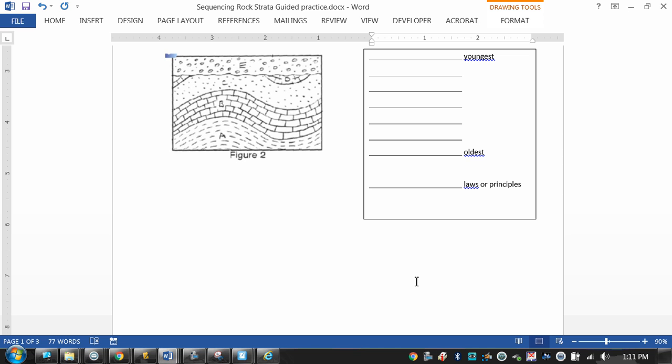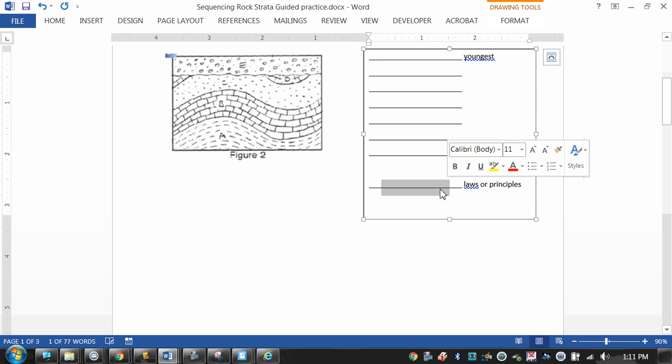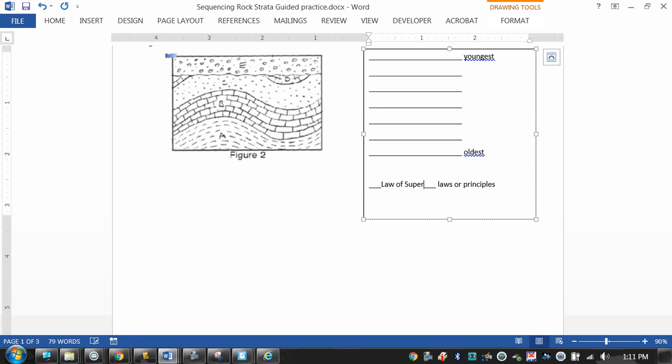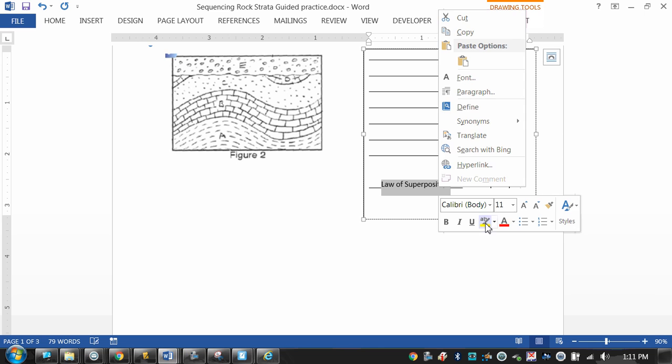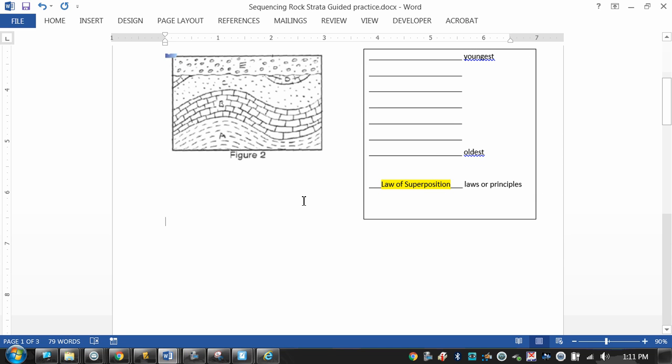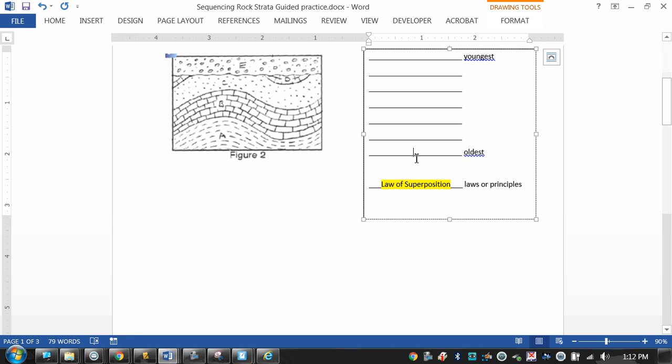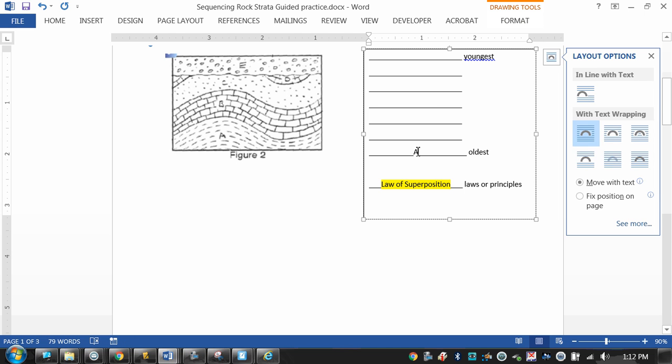All right, so in this one, once again, we're going to use our law of superposition. The law of superposition, once again, tells us the oldest rock layers are on the bottom, the youngest are on the top. While these ones have been squished over time, remember, original horizontality tells us they would have been laid flat. So they've been compressed, which is why you've got this anticline right here and a syncline right here. But they haven't been flipped over or anything, so we're still good. So our oldest is still going to be A. Our oldest will still be A, and then B,